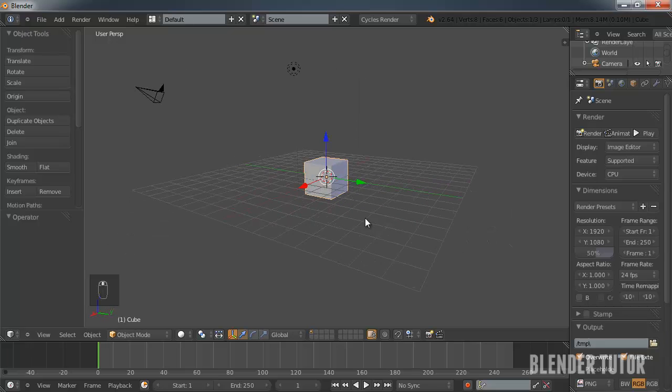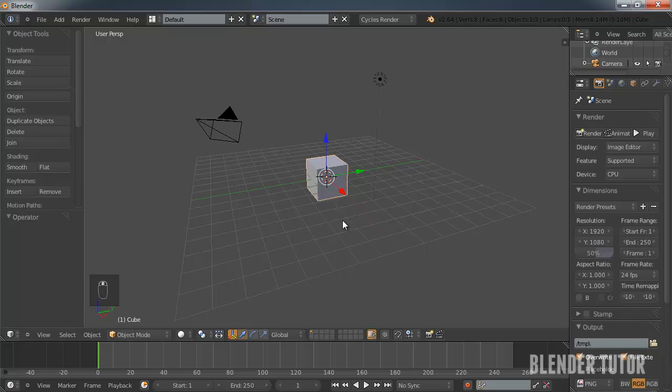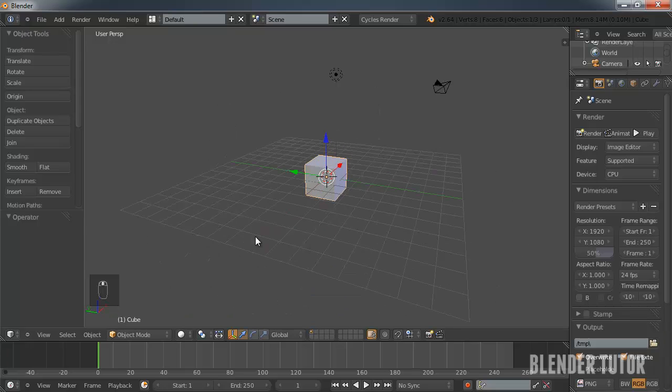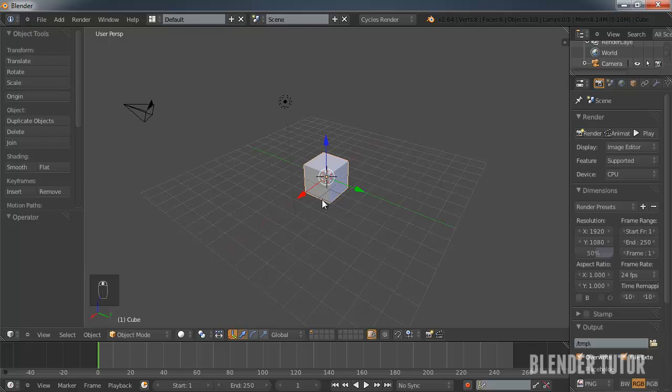To rotate around your object, or your selected object anyway, just hold down your middle mouse button and drag, and you'll be able to rotate it in any direction you want. If you want to zoom in and out on your object, it's very easy. Just scroll up and down on your middle mouse button.